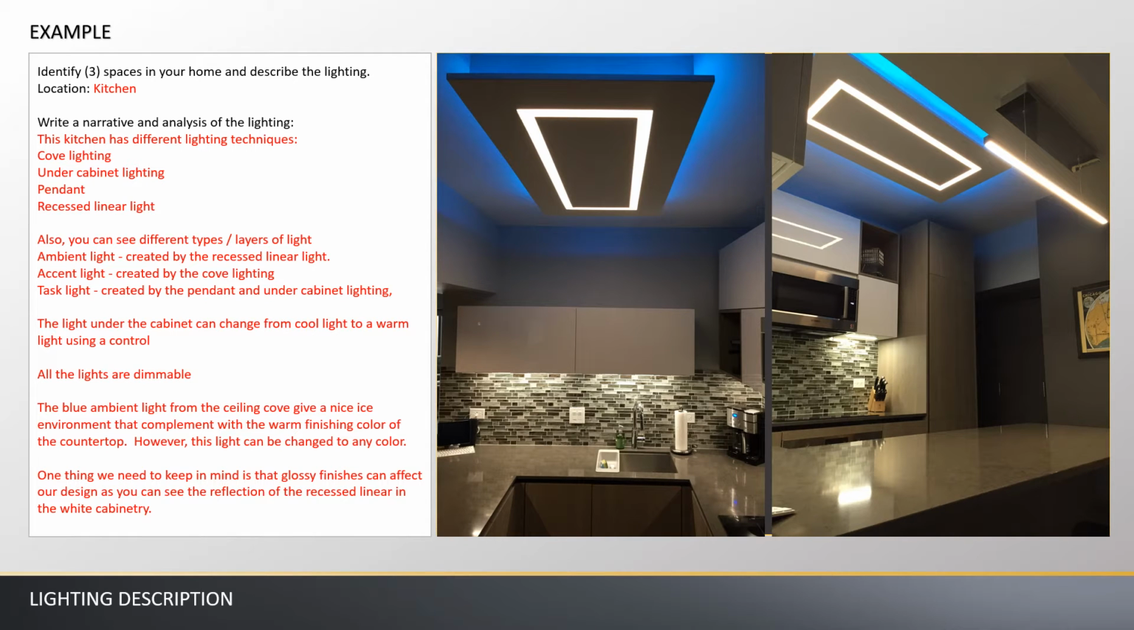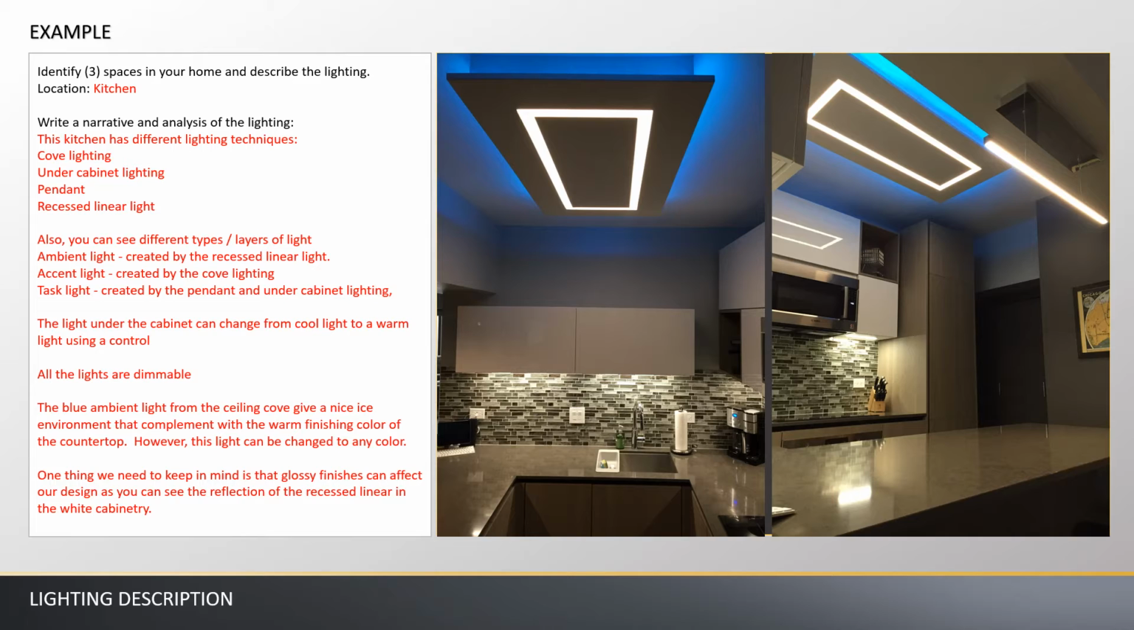This is a sample that I want to give to you as a reference when you identify three spaces in your home and describe the lighting. You're going to write the location, and then you're going to write a narrative and analysis of the lighting. In this case, this kitchen has different lighting techniques. You can see cove lighting, under cabinet lighting, pendant, and recessed linear light. Also, you can see different types of layers of light. You can see ambient light, created by the recessed linear light. You can see accent light, created by the cove lighting, task light, created by the pendant and the under cabinet